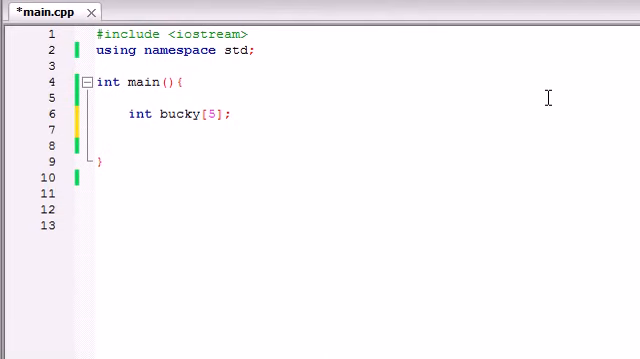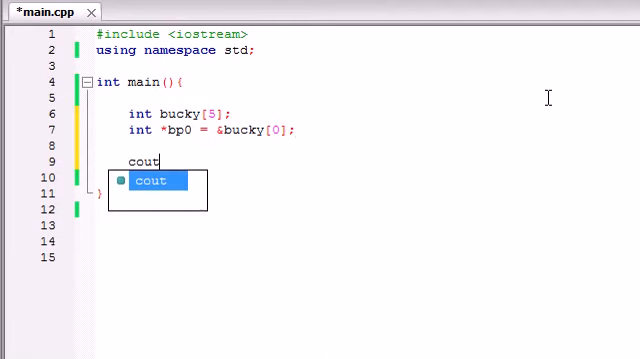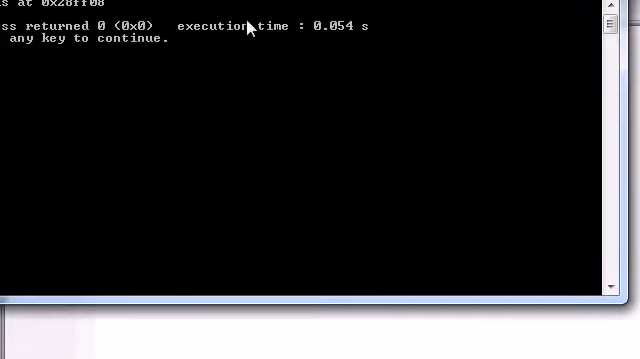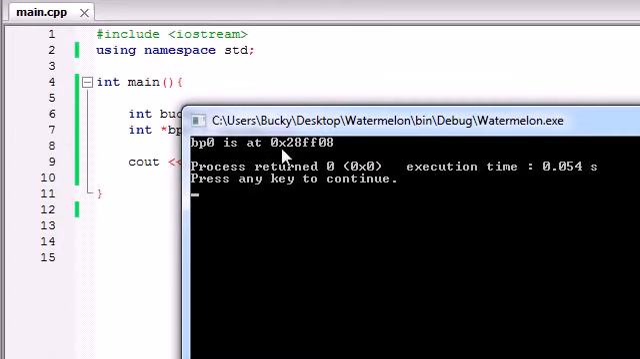So let's go ahead and make a couple pointers. I'm going to make a pointer named BP0, and this is going to be equal to the address of Bucky 0. In other words, it's going to be equal to the address of the first element. So let's go ahead and print this out right now and see what the address is. Just give it a nice little prompt like "BP0 is at memory address", and let's print out BP0. That'll print out the memory address, and of course let's end that line. So now let's go ahead and build and run this, and we see that BP0 is at the memory address